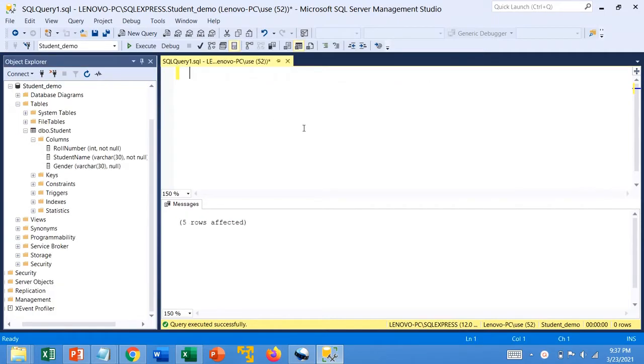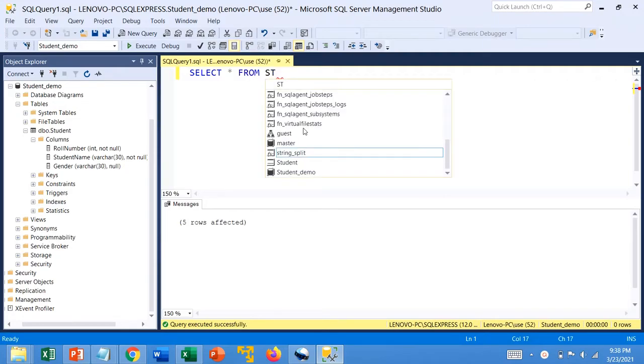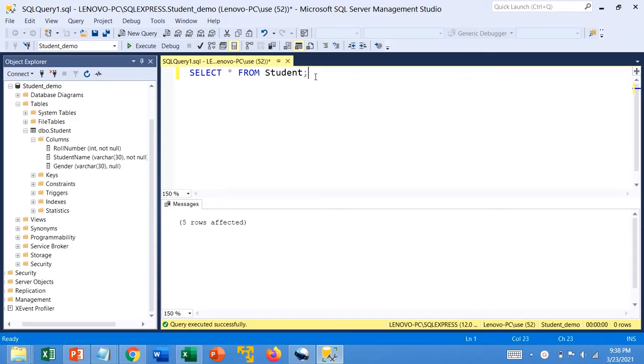Now let's see how commit and rollback work. So we will fire a select query, select star from student, and as we can see there are no records in the student table. So we will insert some records.